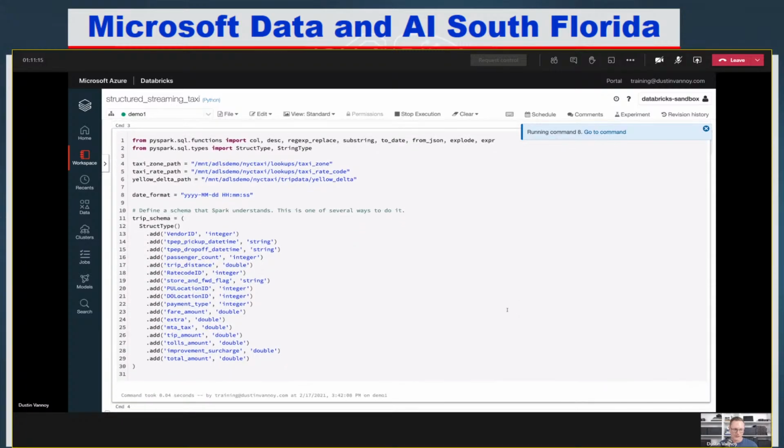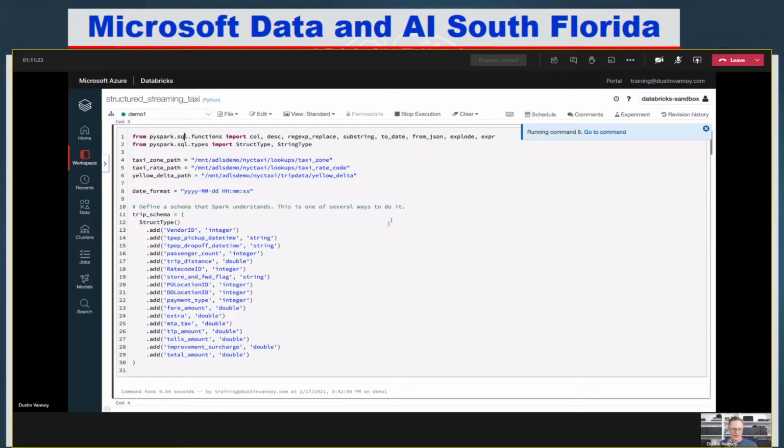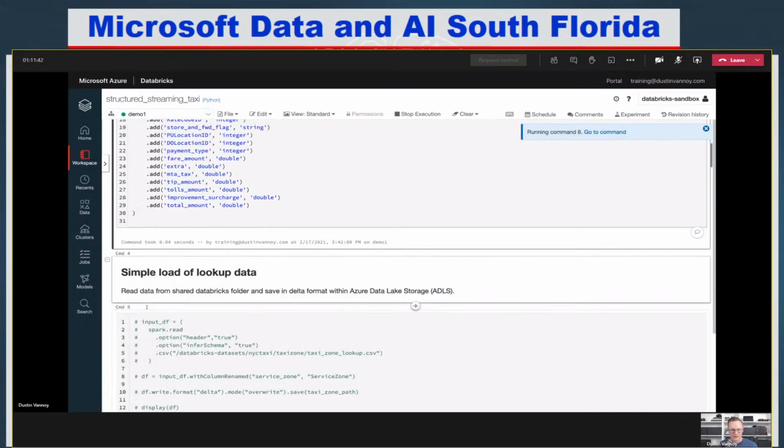The first thing we need to do is just import some libraries. I'm using PySpark, so PySpark SQL, etc. Set some paths and define a schema that we will convert our JSON Event Hub messages to. So as data comes in, all of it's going to fit this schema here. It takes a little getting used to the struct type for creating a Spark schema. Once you get the hang of it, though, it's really not too bad. And this is my preferred syntax for doing this.